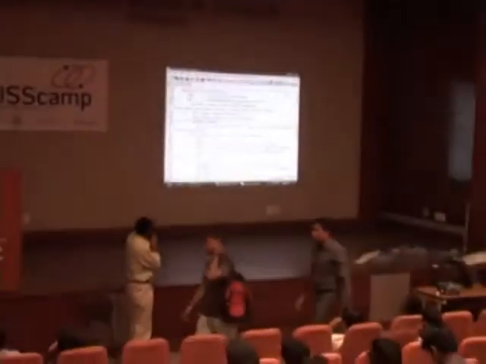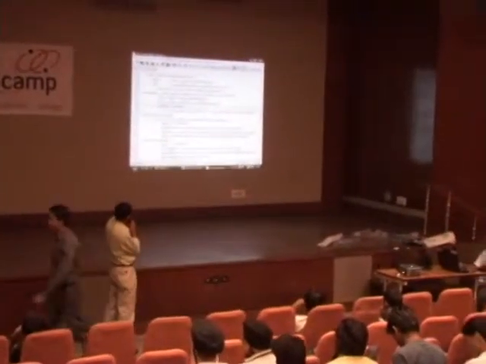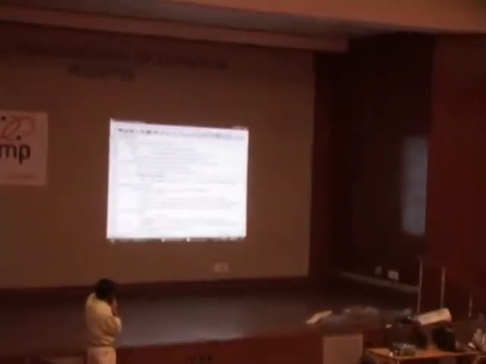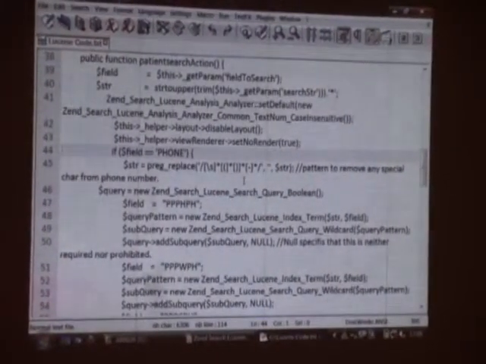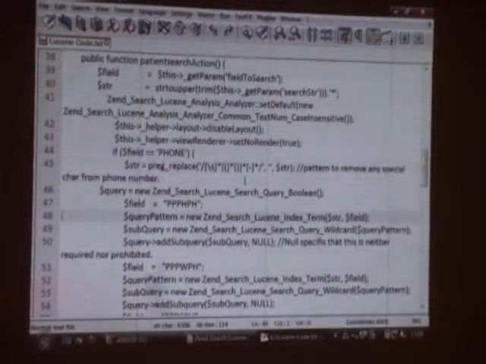This is the search API I have used for that. First I created the term, a string and field: which string I want to find out in which field. And the second one is the subquery. First of all, the first line in the block, this query.